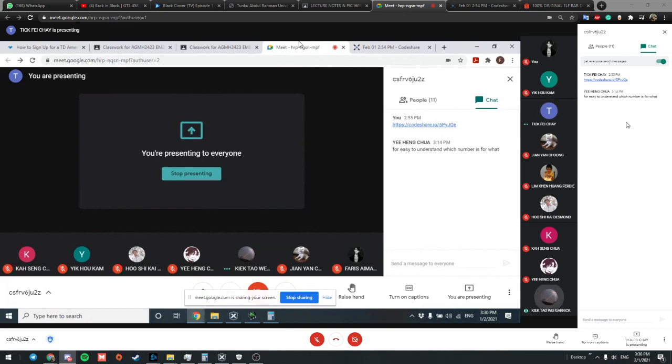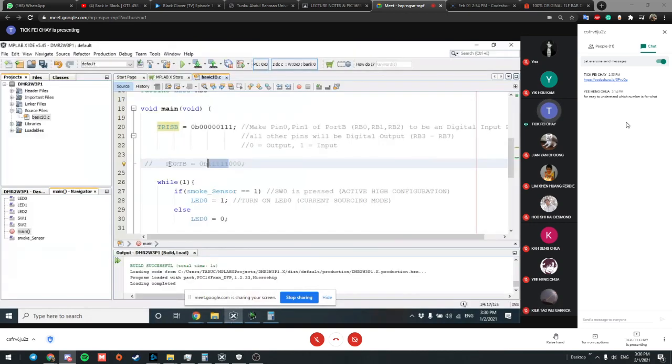Everyone? Yes, sir. Okay, then maybe you will ask me, then what is the purpose of using port B? Usually for port B, we are not turning on. Usually it's for setting all to 0. It's for initialization. Initialization means